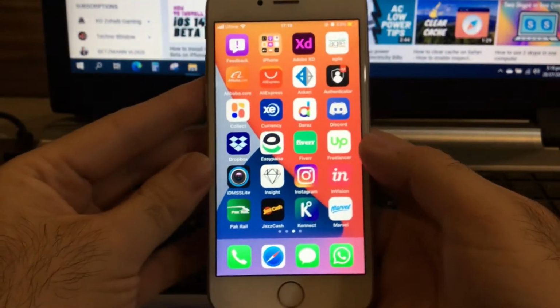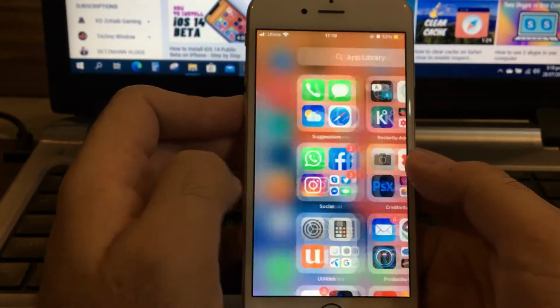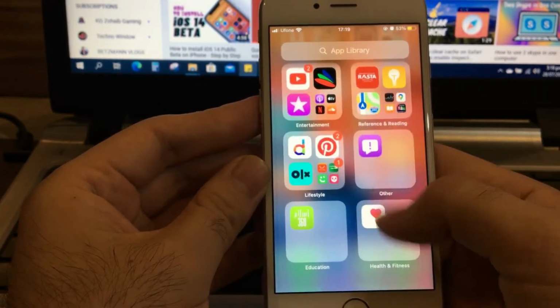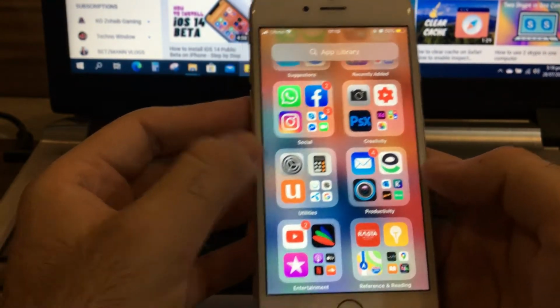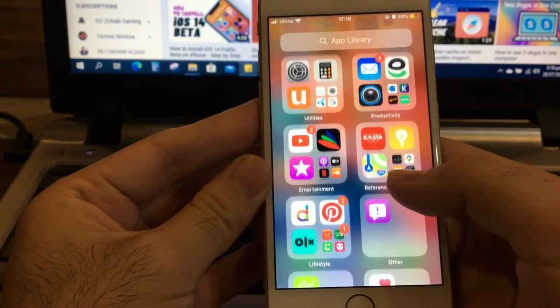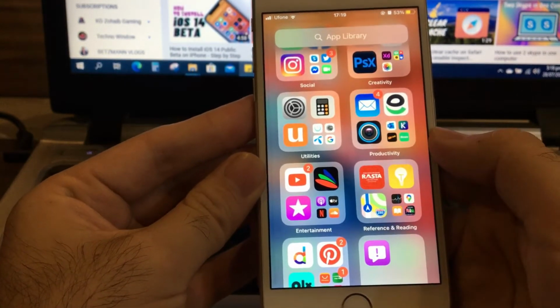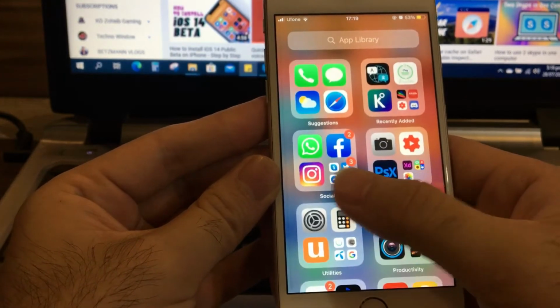The next feature which I love is App Library. At the end of your home screen pages, you will find App Library, which organizes all of your apps into one single easy to navigate view. Like all of your social media apps will be grouped together, same way your entertainment apps and utility apps are grouped together as well, and it's super easy to navigate through the apps now. Also, it saves you from creating your own custom folders for the applications.